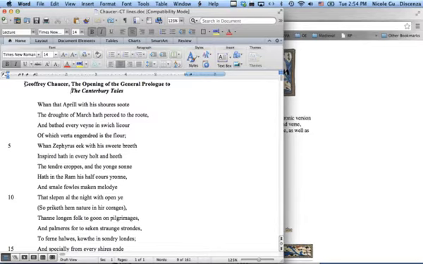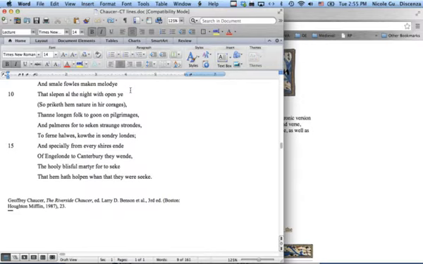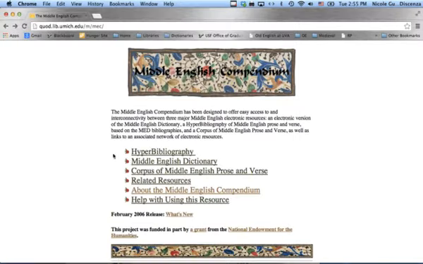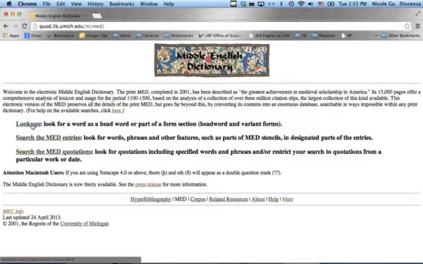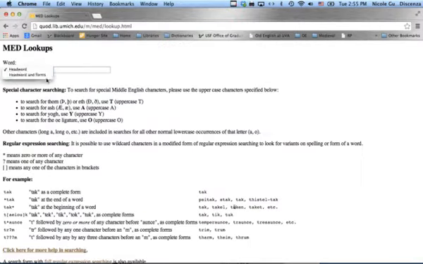First, they're useful if you want to know what Chaucer's options were to express an idea or get a sense of the synonyms available. For instance, say you're reading the opening of the General Prologue to the Canterbury Tales, and you get to line 14, "Tu fern na halwes," and you go, "What is that?" Well, you can look it up in the dictionary. That's easy enough. Headword and forms, halwa.